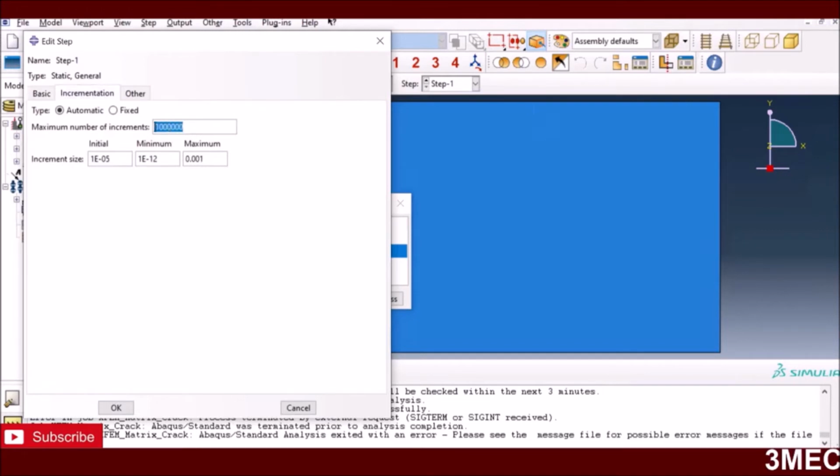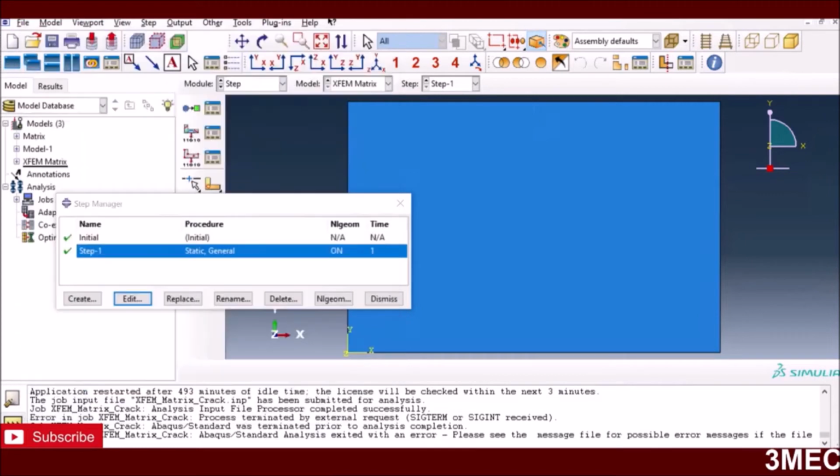Also, I've used a very large number of increments, so that if you go to a very large number of increments due to the convergence problems, it can sustain those. Otherwise it will just stop after 100 or whatever number you have given it here. Also, I have reduced the minimum to 1 exponent minus 12, because sometimes it can take long. Initially I start with this, and then I say that maximum use this. You can use 1 here as well if you want, but it will keep on doing this. If you come across convergence problems during this time,